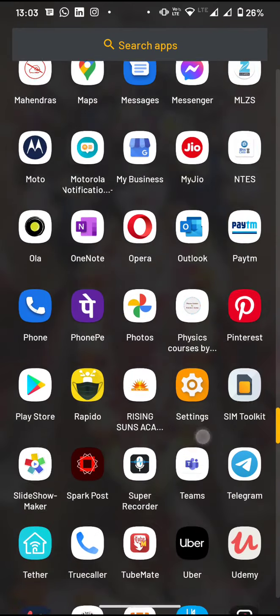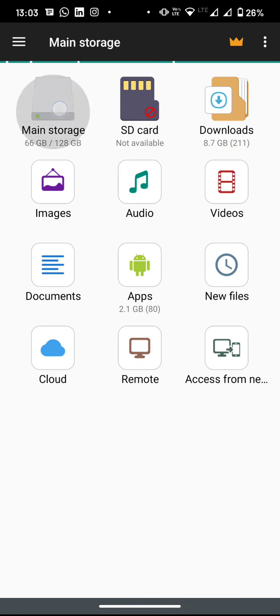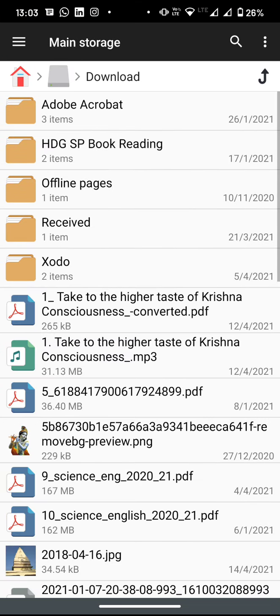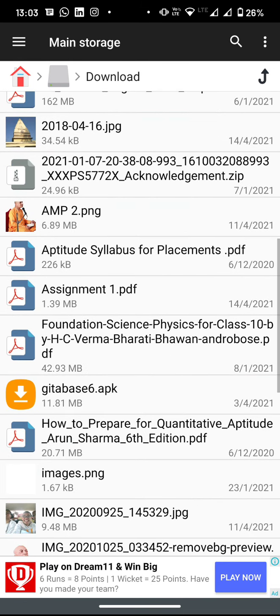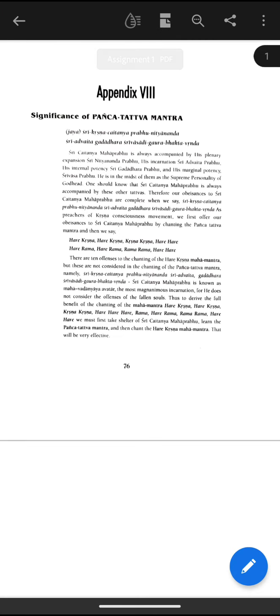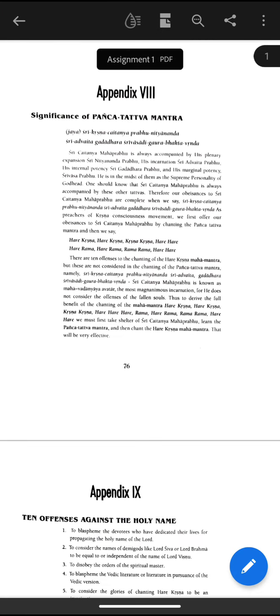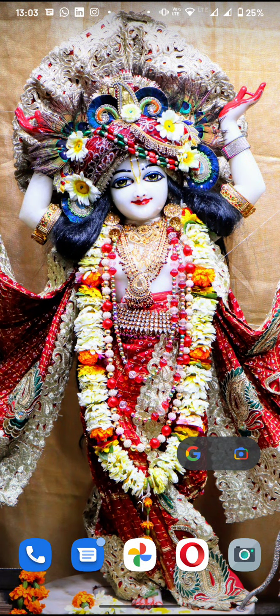I can now go to my downloads folder, and I will find that file. So I will go to the file manager, this, and Download, and in Download I will find that assignment 1. Okay, so here it is. I will tap on assignment 1, open it with Adobe Acrobat, and it is here. So it is all about how to make a PDF from your copy, and it will be very suitable. I think you all can get it. Okay, so hope you will send your assignments in PDF now. Thank you.